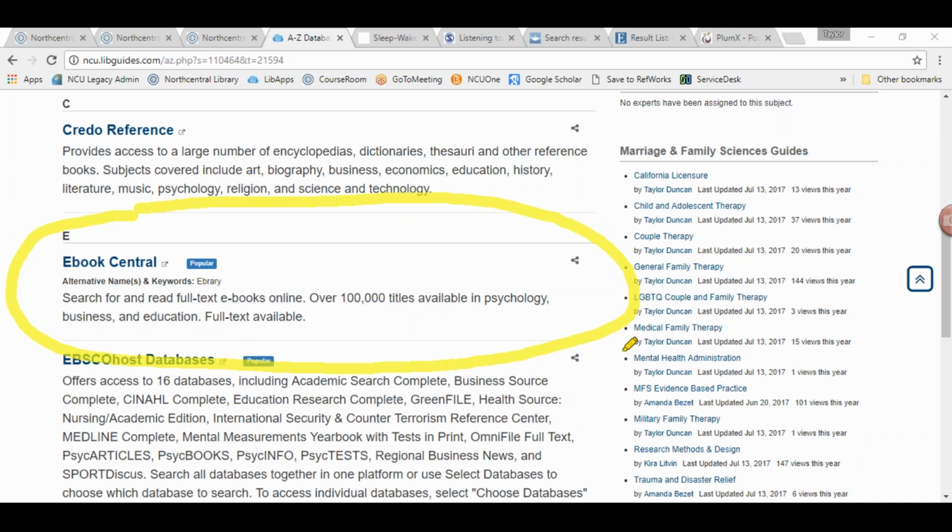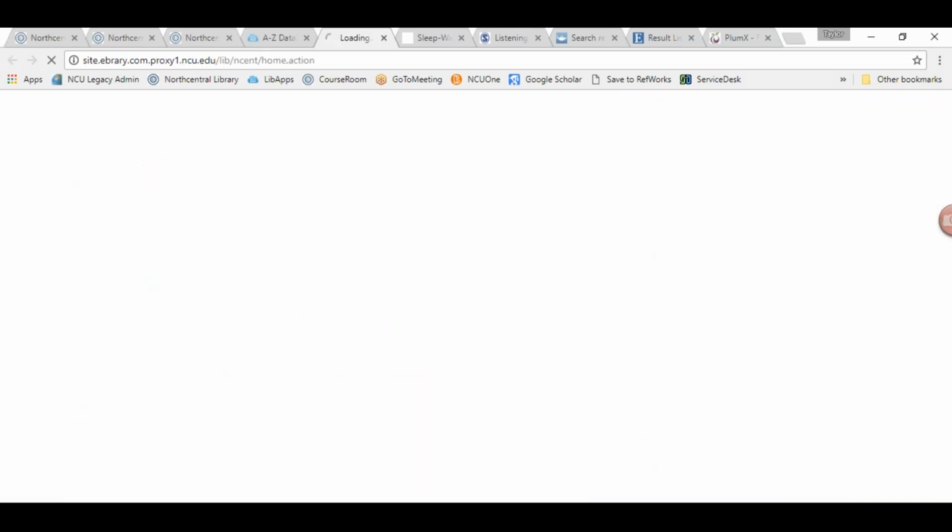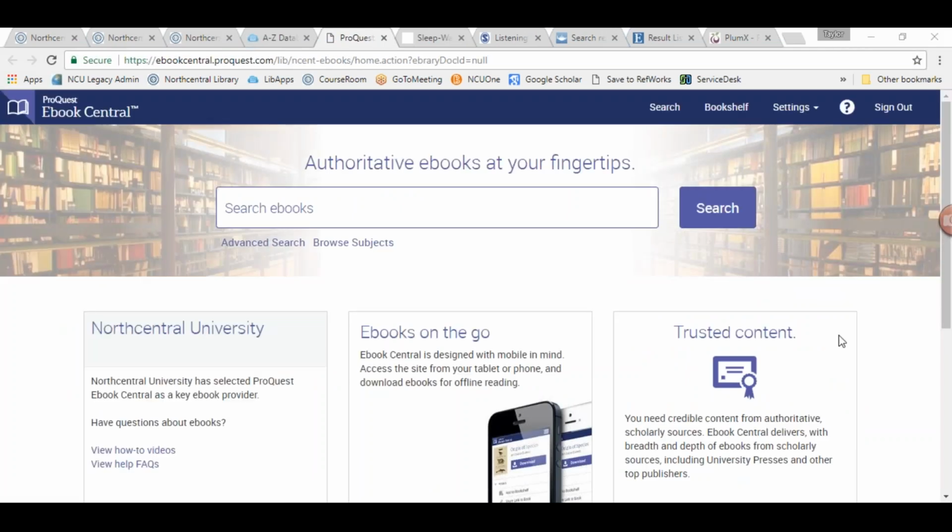Within eBook Central, we have access to over 100,000 full text book titles. Again, it's multidisciplinary, but we have a ton of content related to the behavioral sciences. And while I'm waiting for that to load,